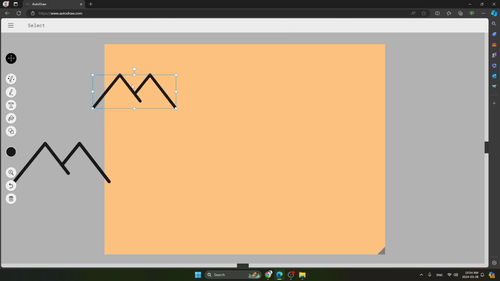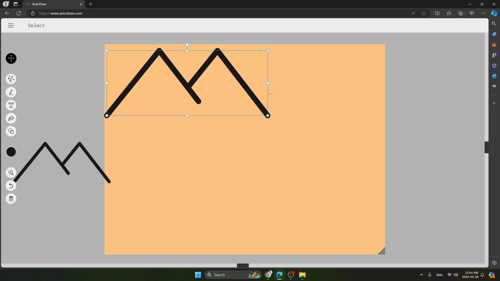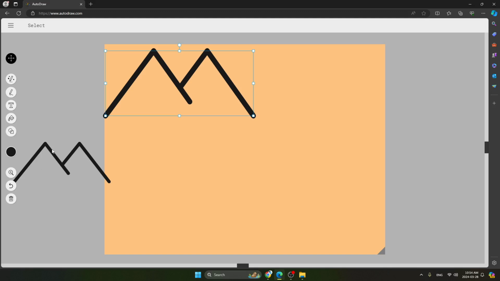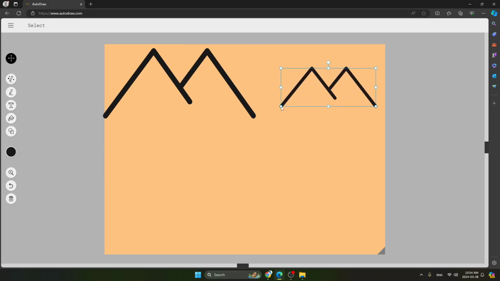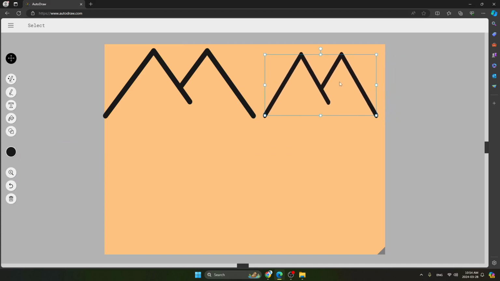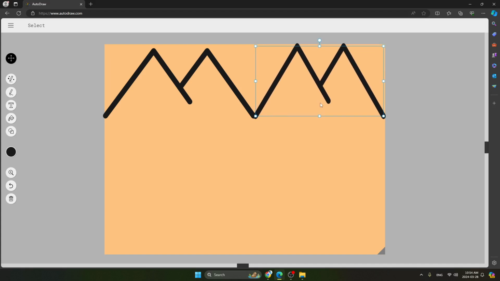Now select it, drag it, and now you have to increase or decrease its size as per you want over here. Like I am doing, increasing its size and placing it. Same for the second one. Just increase its size and place it as per your page. Something like this you have to do. Okay. So you can see it has been done over here.